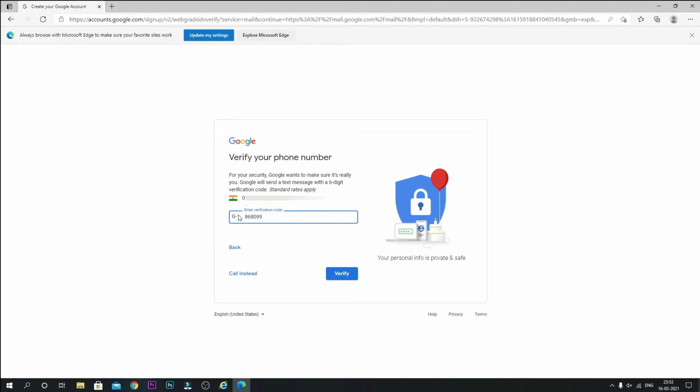Okay, so here you need to put the OTP which you have received, the Google verification code. Then I'll click on verify, and the other option is if message is not coming on your mobile phone, then you can click call instead. Then you will receive a phone call, and on that phone call the IVR will be telling about the OTP. Okay, so you can go both of the ways and click on verify,